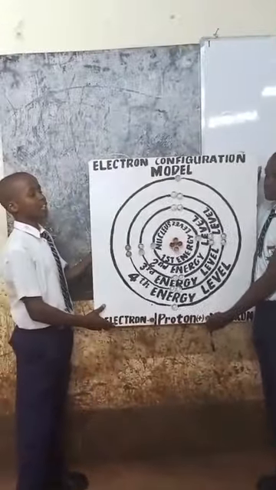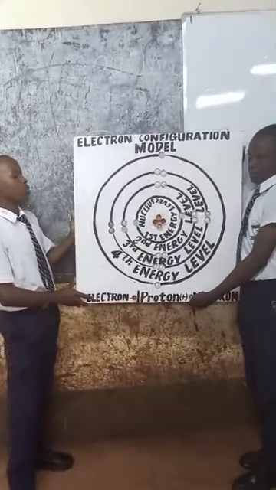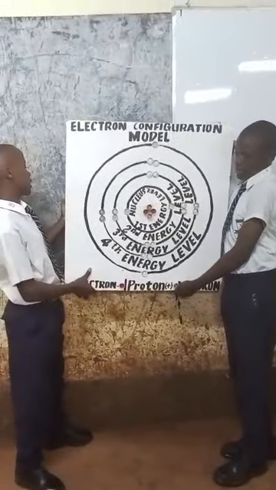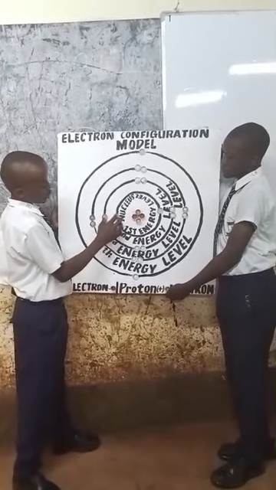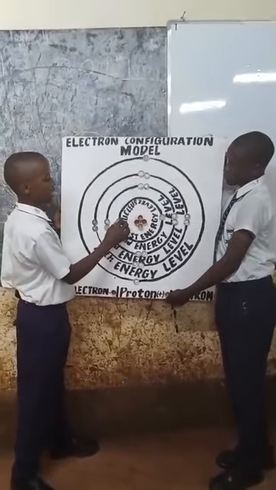In the 16th element we have silicon, which is represented by two electrons in the first energy